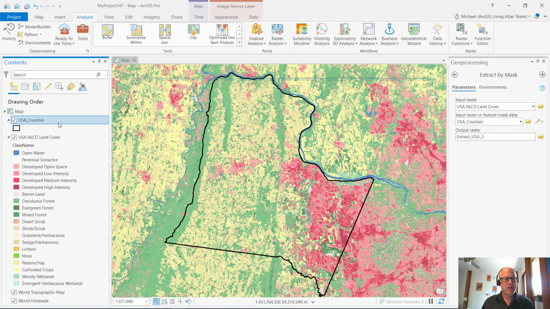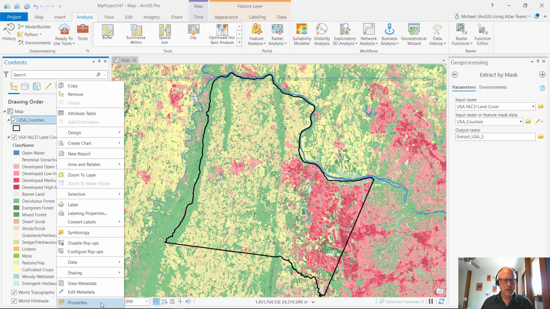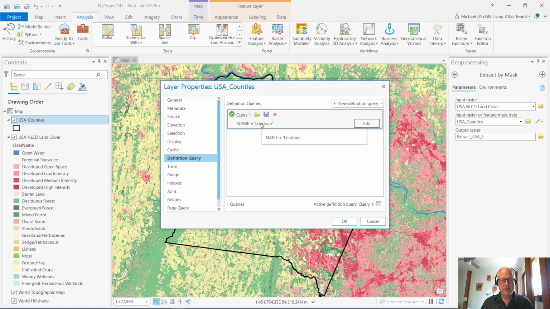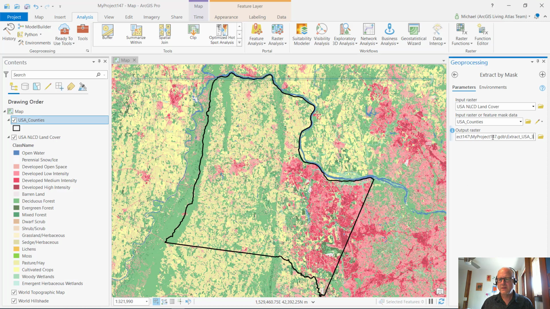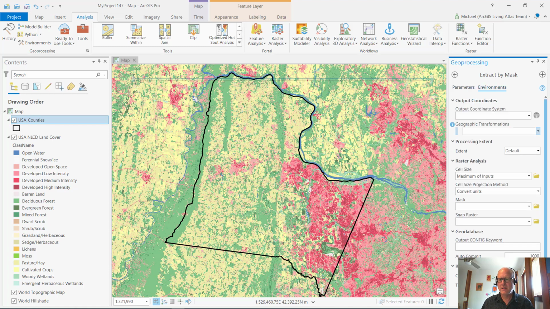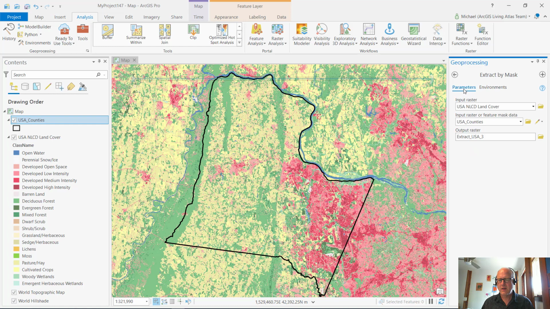That's another layer from the Living Atlas, by the way, where I've just applied this definition query. And I'm going to extract to this output raster. And before I do that, I want to limit the analysis extent to just what's in my current display extent. And that can be a real time saver, to limit the extent of the analysis. Otherwise, when I click Run, it will run, I don't know, the whole 50 states plus Puerto Rico,